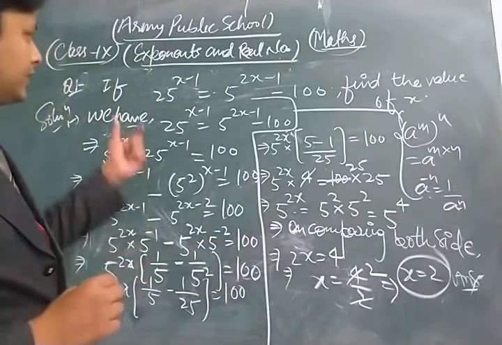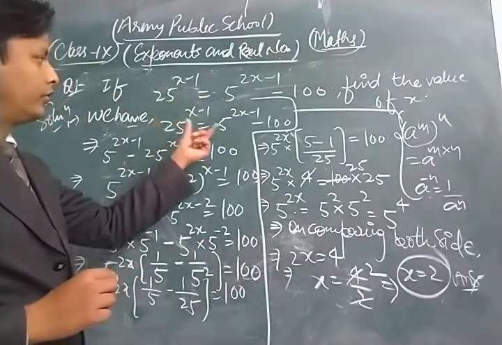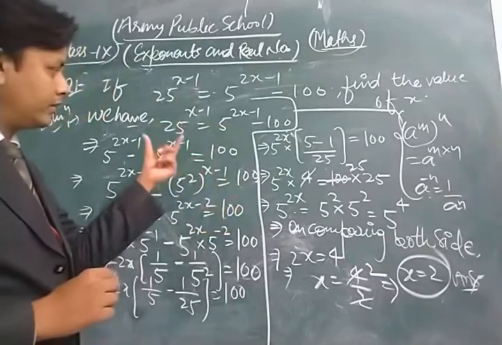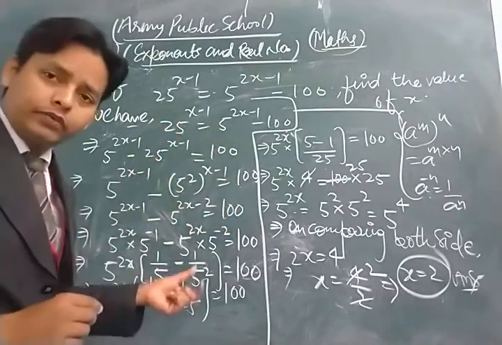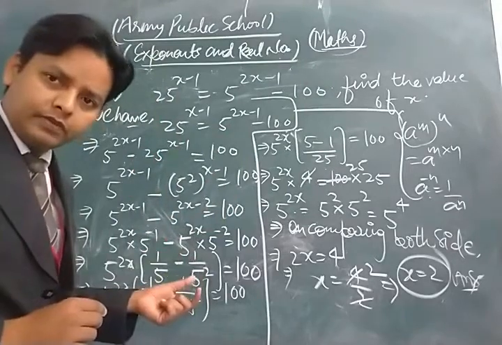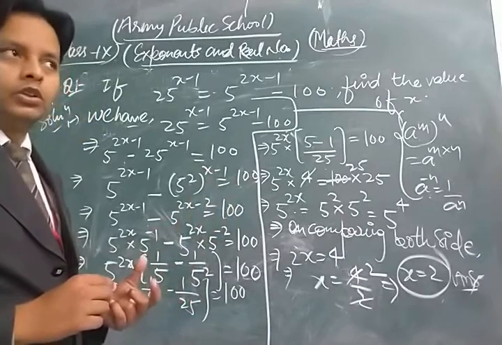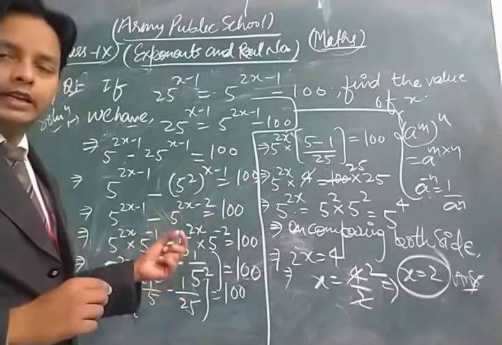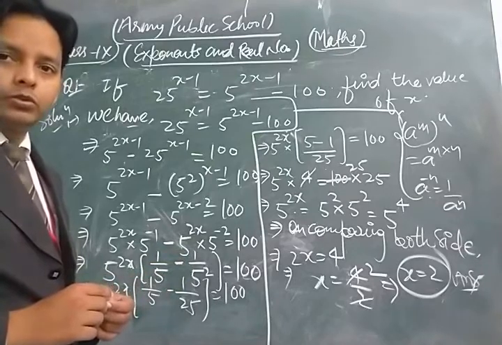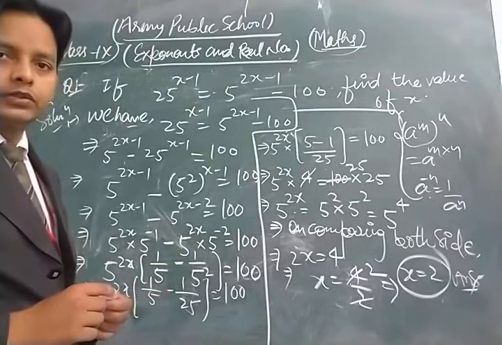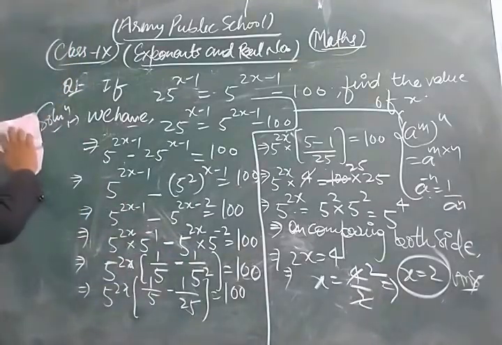Let's see once more time. This is the given relation, and first of all we separate the variables. After that we split the given expression into powers of 2 and powers of 5, then simplify, and we get our result. So in this way you can solve that type of question. So please dear students, do more and more practice of that type of questions. Now we take and solve some other important questions based on these topics. Let's see.